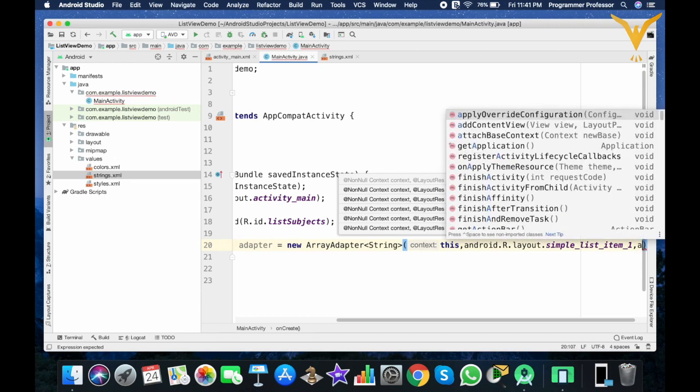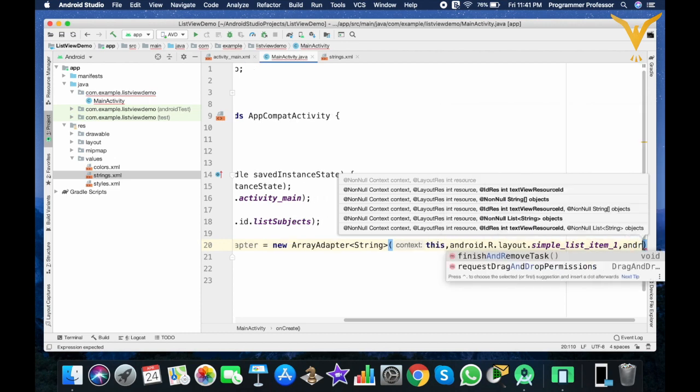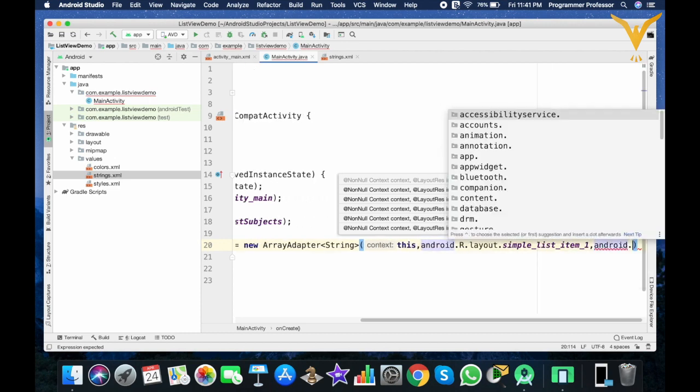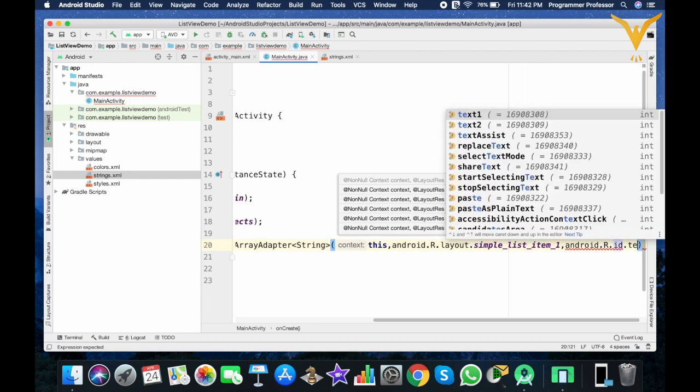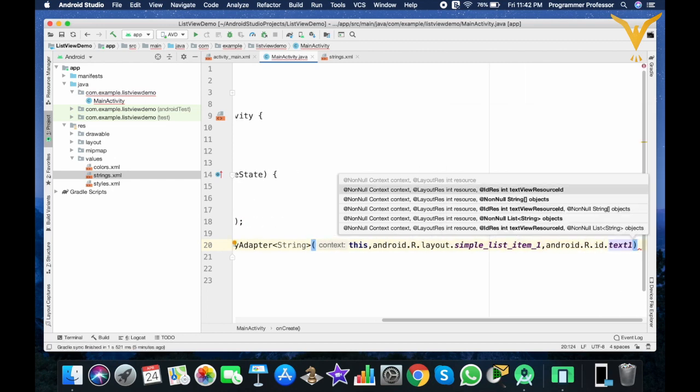So for this we need to add android.R.id.text1. This will work as one text box, and the next parameter is to pass the array.